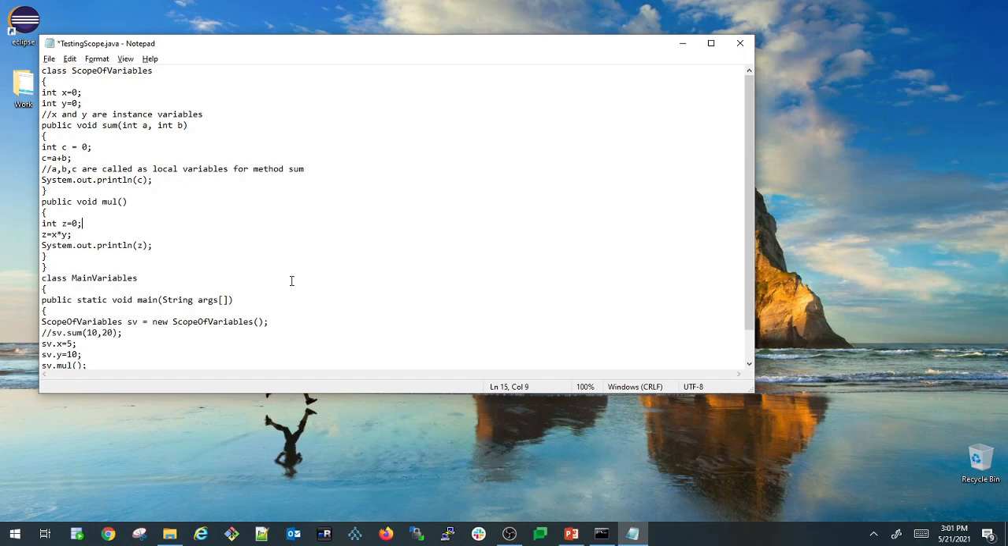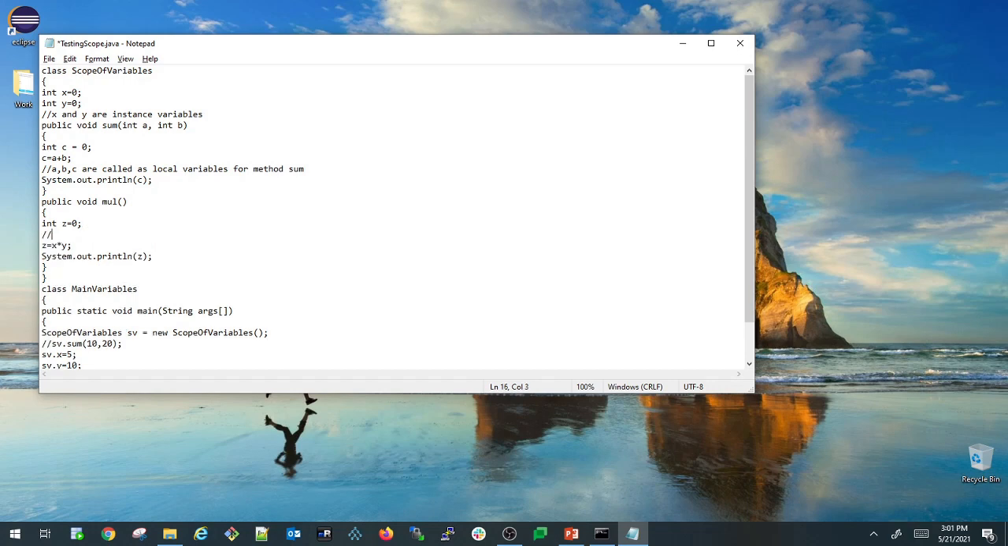So here z is a local variable because it is declared inside the mul method. I'm just writing the same here: z is a local variable. But x and y are instance variables because they are declared inside a class but outside a method. So for a better understanding, I'm writing a